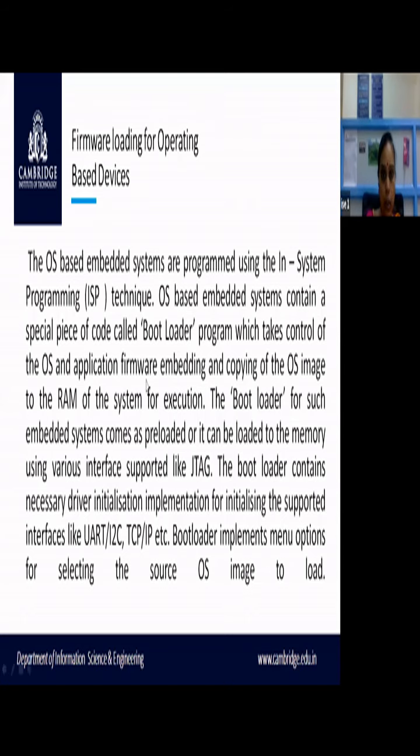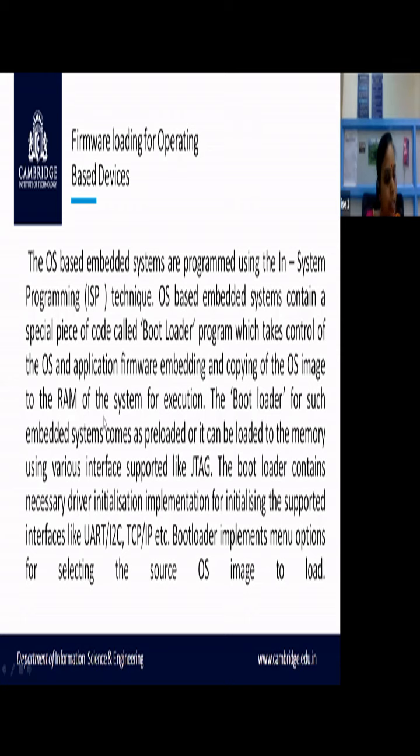You know that your operating system and loaders will be sitting in memory, and when the execution should happen, the operating system code or boot code, everything should be brought to the primary memory. For that, you will have the loader and all. So the bootloader programs have control over all these operating system applications.